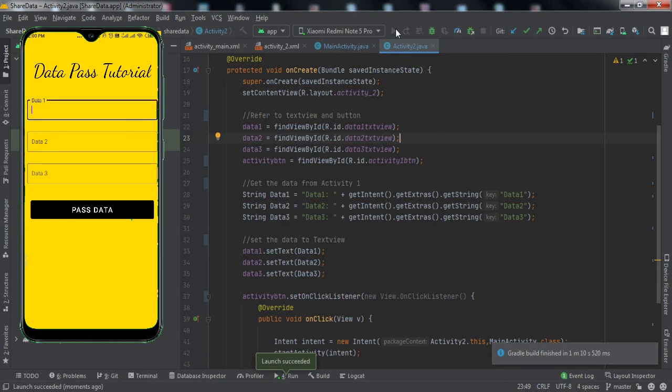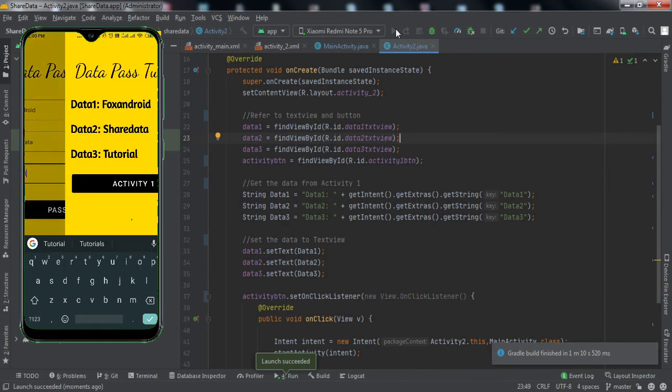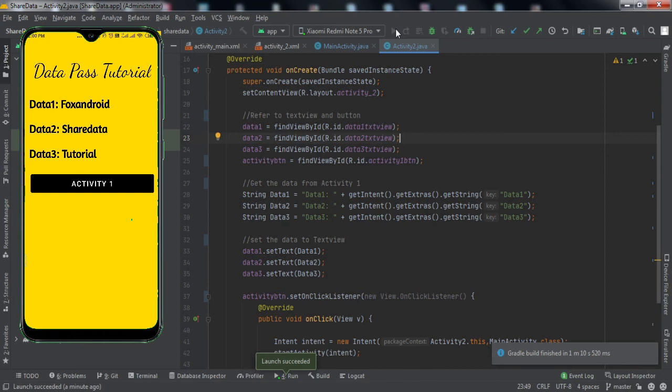Now I'll put data here: Fox Android, share data, tutorial. If I click on pass data, here you can see Fox Android share data tutorial. So I think the code is working fine and we have successfully implemented the code.